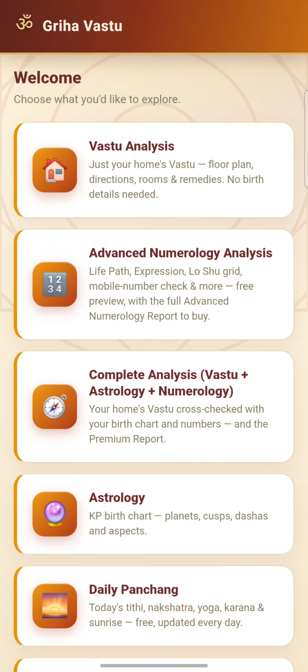So after you open it, you will see an interface like this. So you will be asked to log in via email. You will get an OTP. After you log in, you will get this interface. Okay, so here you can see you have to choose the first option, since in this video I will just show you how to find the Vastu of your house